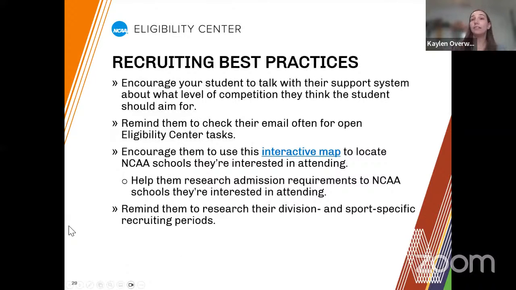All right, and then some recruiting best practices: encourage your student to talk with their support system, and that may include you, about what level of competition they think the student should aim for. So we often will hear about kind of this Division I bust mentality. And we know that you as school counselors are really helping students find the best fit for them academically and athletically. And so we're here to say that we are on your side